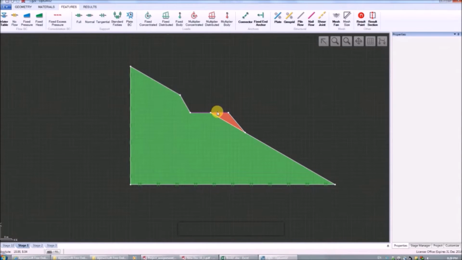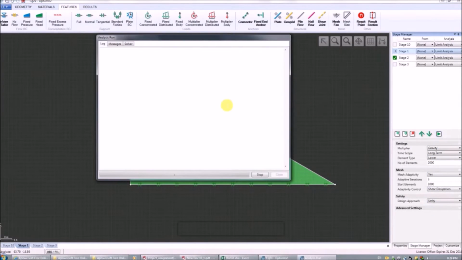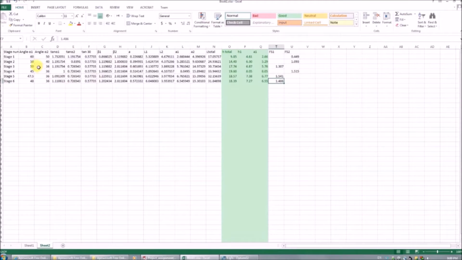Then we add a UDL with a magnitude of 20 kilonewtons per meter on the surface of the road, and set the mesh, and then run analysis. The safety factor is 0.449. We have tried different slope angles and run analysis until we get a satisfactory safety